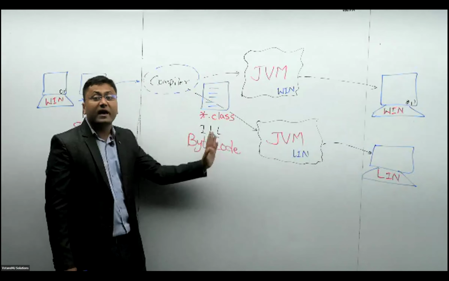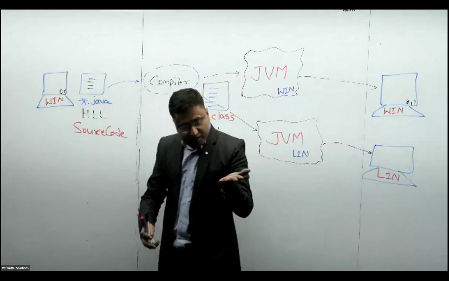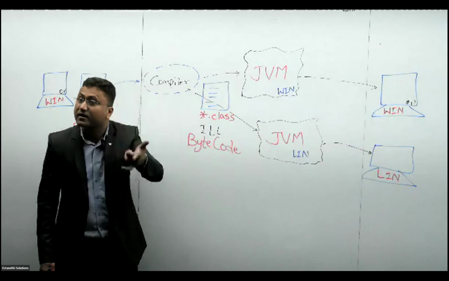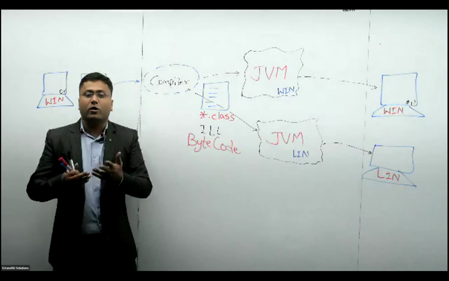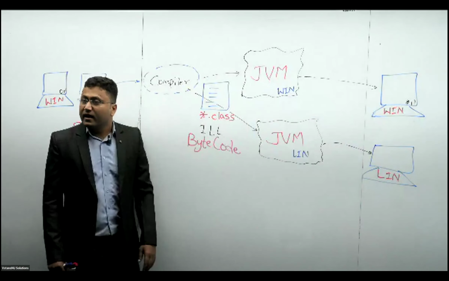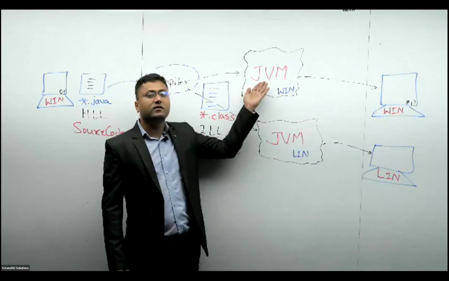Can this bytecode be executed on any of the machine? No. It is not going to be executed. It is not an executable file. Intermediate level. Machine does not understand this. Am I clear? Can we understand? No, we also cannot understand. It is not even human readable, not even machine readable. Agree? Then why are we creating? Because it is readable by the JVM.